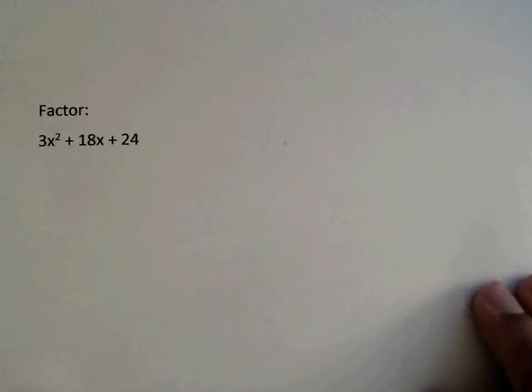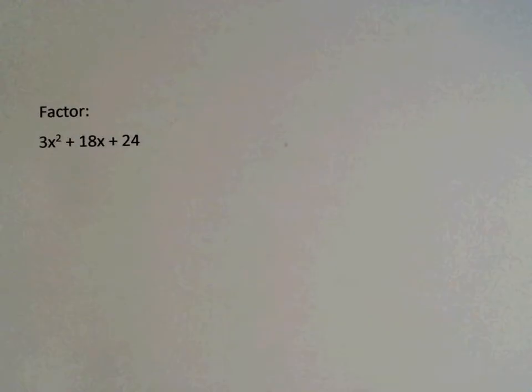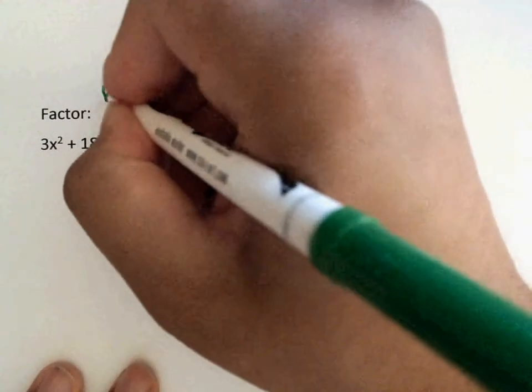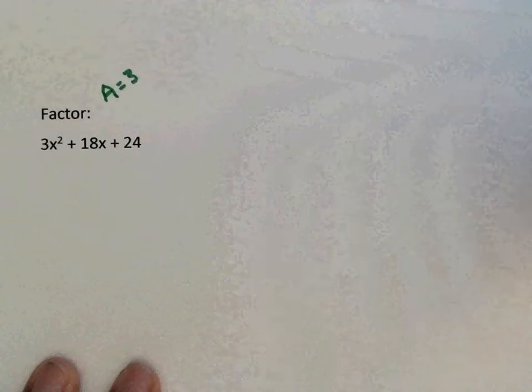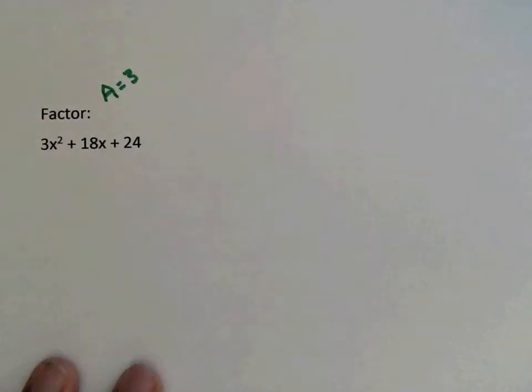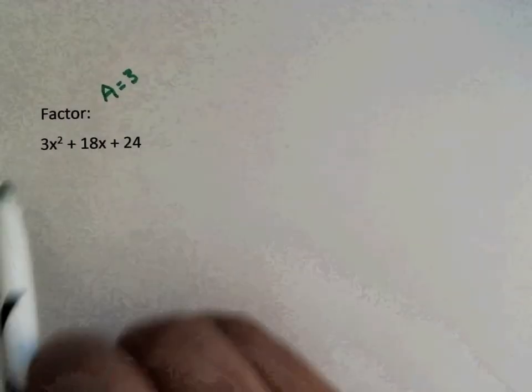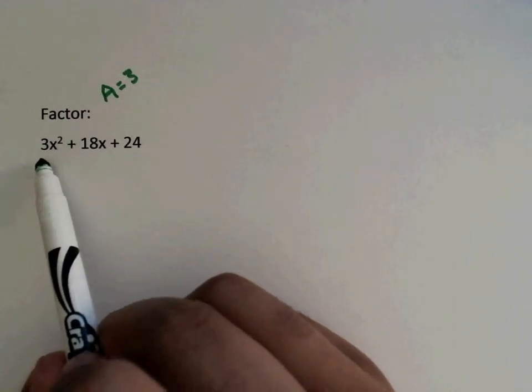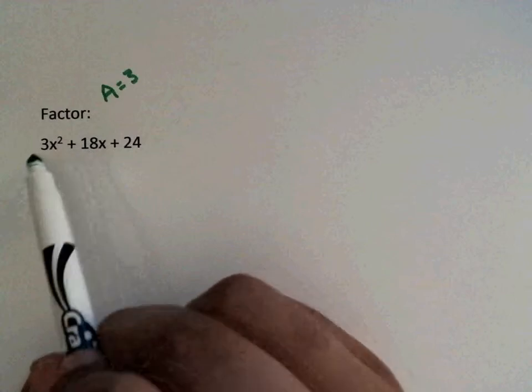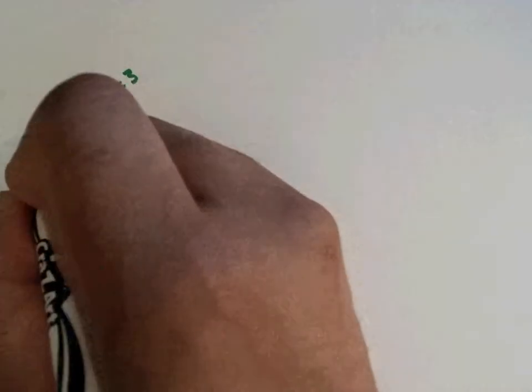So in this one, we have 3x squared plus 18x plus 24. So in this one, we look at it, my a term is not 1. My a term currently is actually 3. So anytime your a is not 1, you should always try and pull out a GCF. So when I look at this, the only number that can go into 3 is 3. And I know 3 can go into 18. I know 3 can go into 24. So I'm going to go ahead and